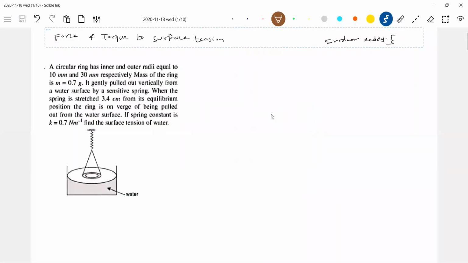A circular ring has inner and outer radius and a given mass. The ring is gently pulled out vertically from a water surface by a sensitive spring. When the spring is stretched from its equilibrium position, the ring is on the verge of being pulled out from the water surface. The spring constant is given. Find the surface tension of water. So what actually are the forces acting? If you take the ring,